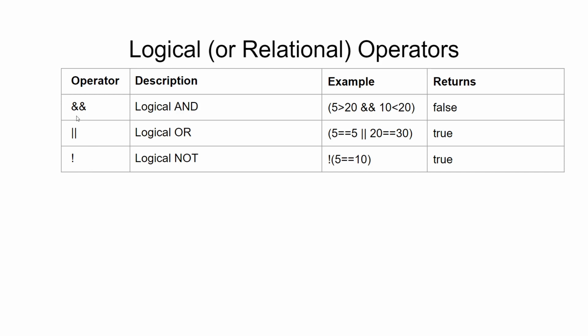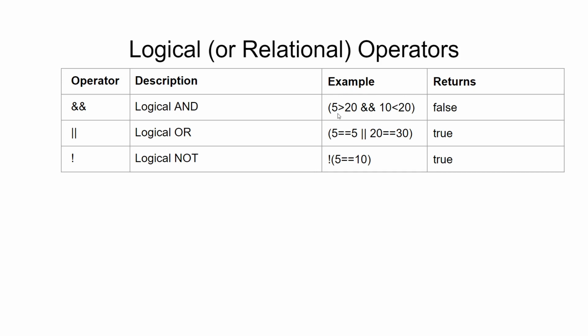So the symbol for the AND operator is the double ampersand, and here we see an example of it. Basically, the AND operator will require two conditions on either side. Here you see an expression which is 5 greater than 20, and on the right side you see another expression, 10 less than 20. Now the value of both of these expressions would be either true or false. Now the AND operator will calculate whether both of the conditions are true or not. If both of the conditions are true, the entire expression will result in a true. If either one of these conditions is false, then the entire expression's value would be false.